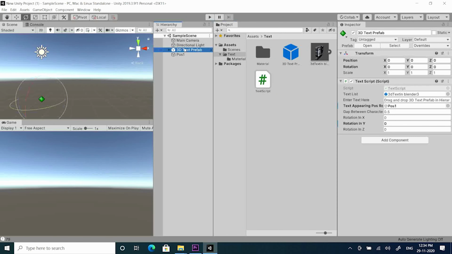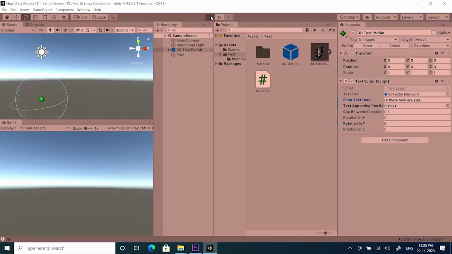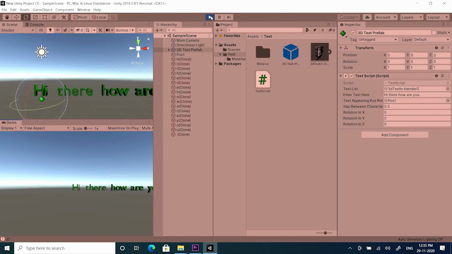We can change the text from inspector from enter text here slot. Let's type something else like hi there, how are you? And hit run. So now our new text is appearing.